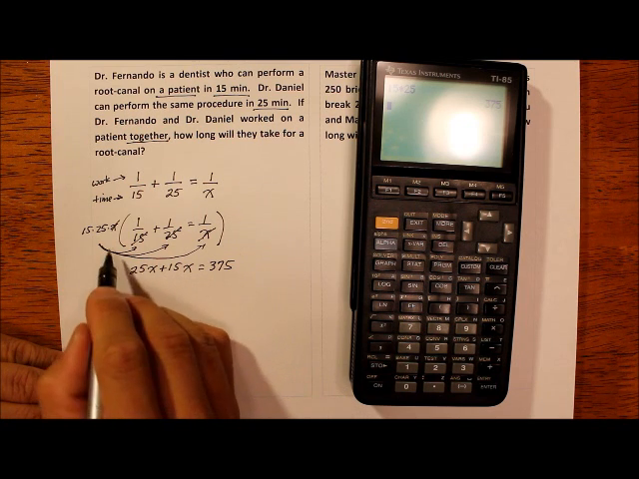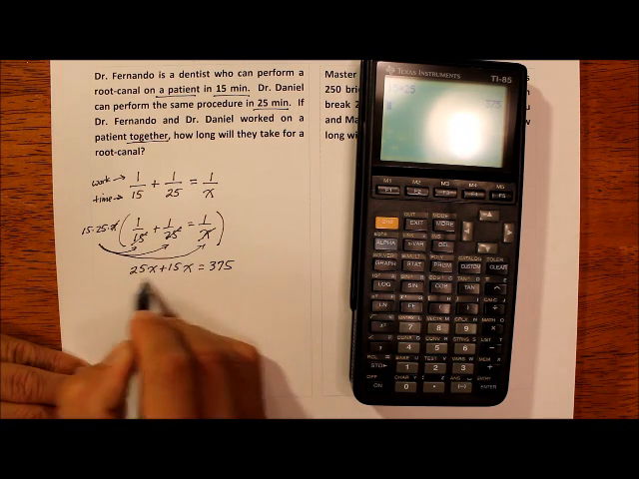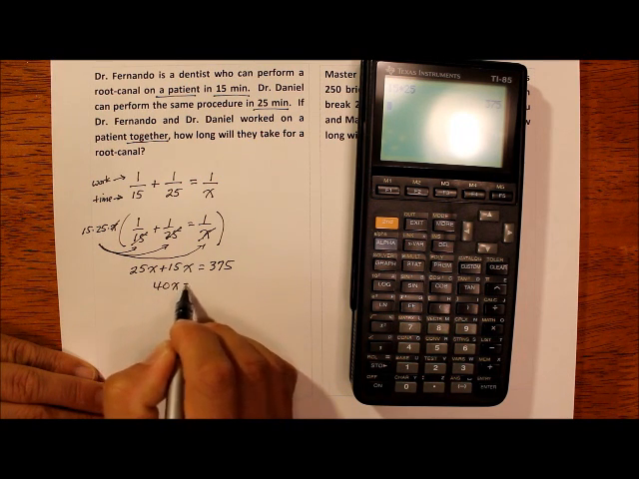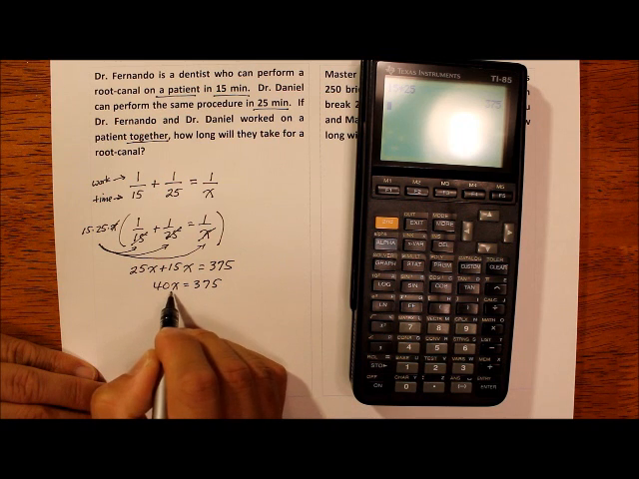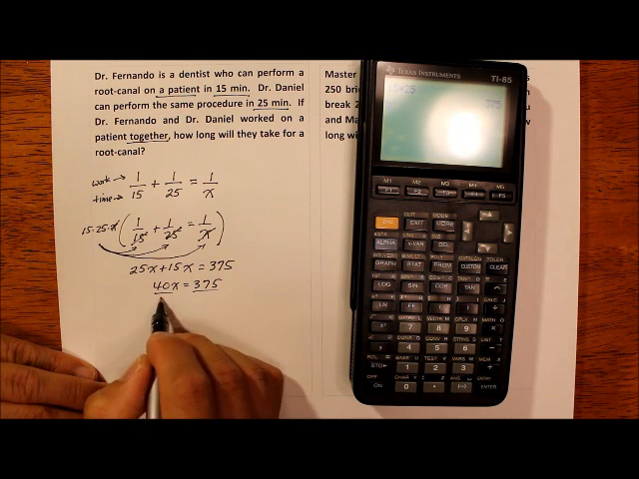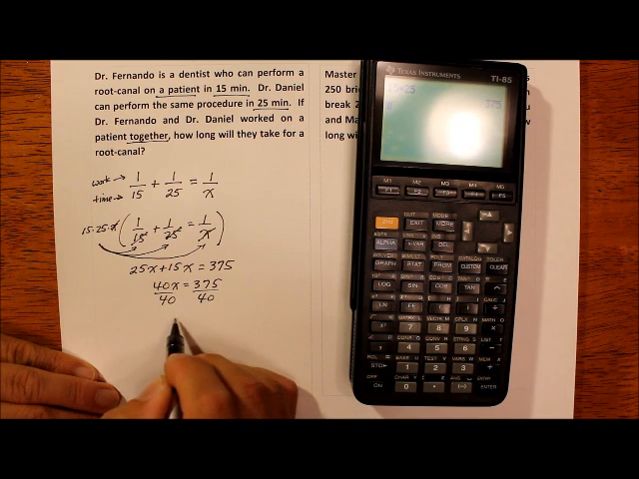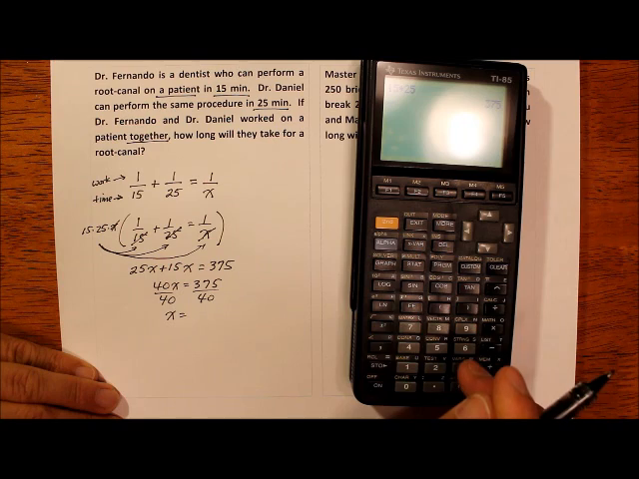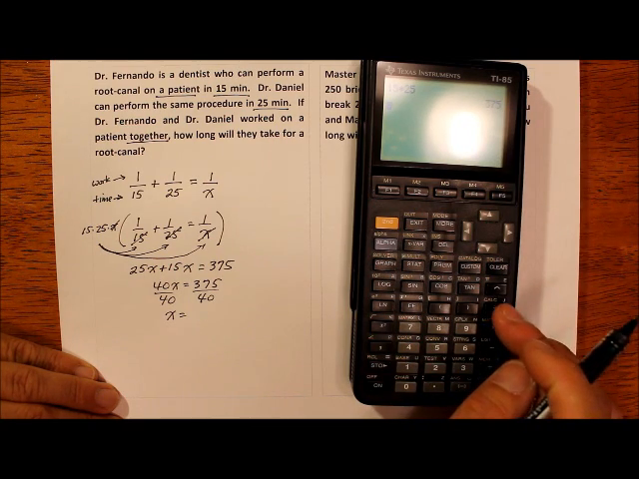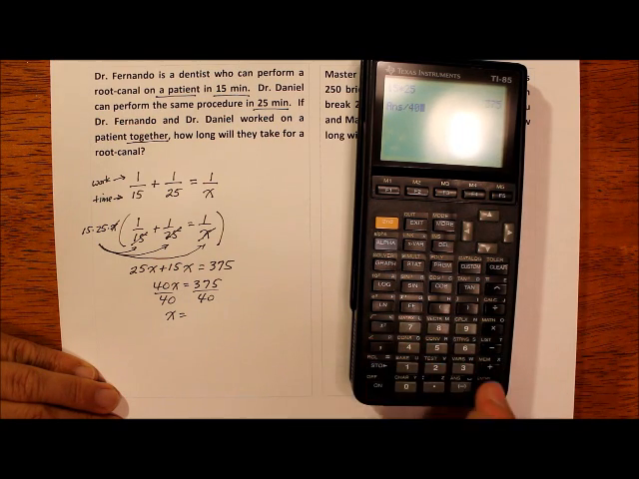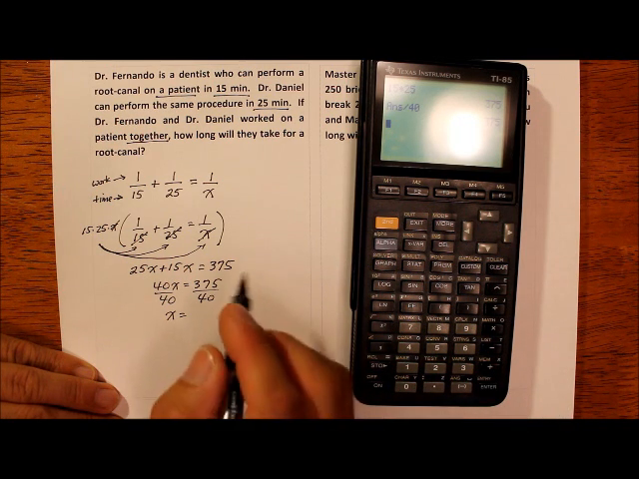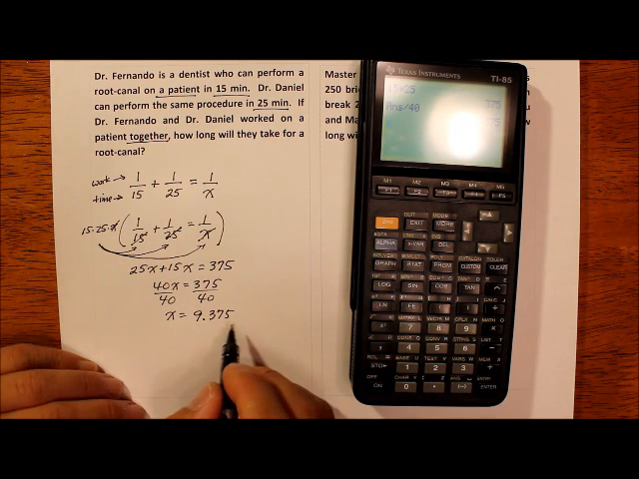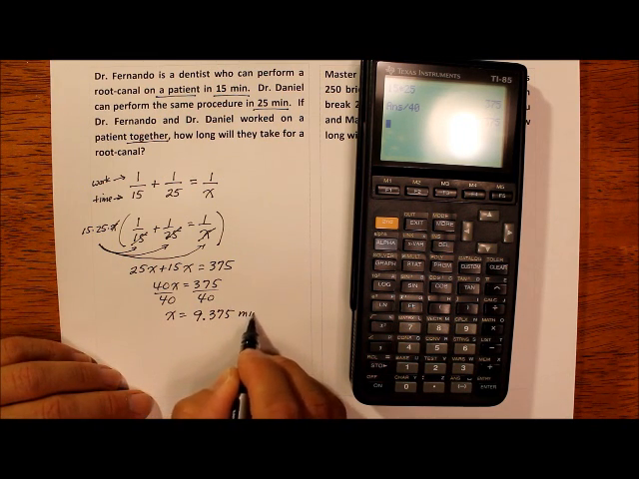And usually when you do the distributive property, what follows is combining like terms. So 25x plus 15x gives me 40x, and that equals 375. Now to solve for x, we're going to divide both sides of the equation by the coefficient 40. So x equals, because 40 and 40 reduce, 375 divided by 40. And that tells me that is 9.375. So that's 9.375 minutes